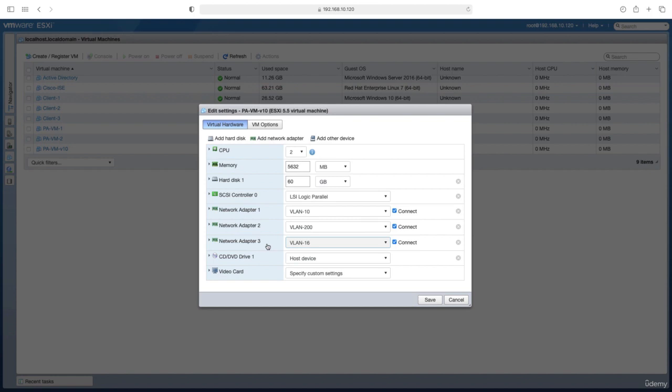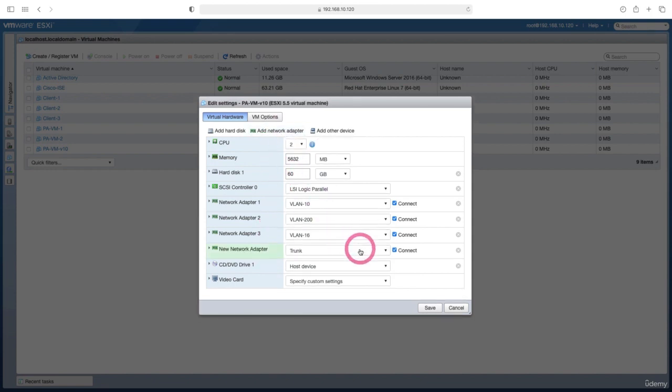Now, let's add a new network adapter and choose VLAN 100 in this adapter, and here we use the 10.1.0.0 DMZ subnet. Let's add our adapter card by saying Add Network Adapter from here. Let's choose VLAN 100 here. Now we have 4 adapters in total. Our first adapter will have an Ethernet 1/0 management port on the firewall side, and our second adapter will have an Ethernet 1/1 WAN port on the firewall side. Network adapter 3 will have Ethernet 1/2 port on the firewall side. This adapter will also have an Ethernet 1/3 port on the firewall side.